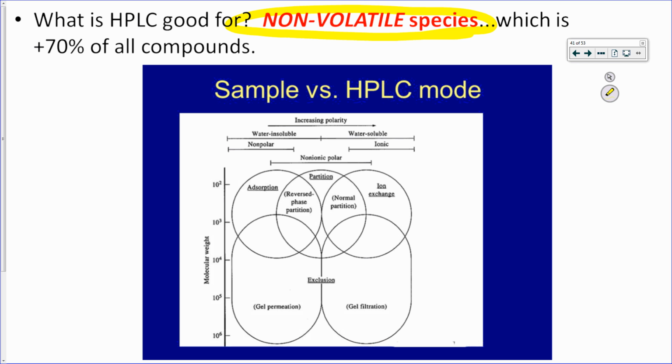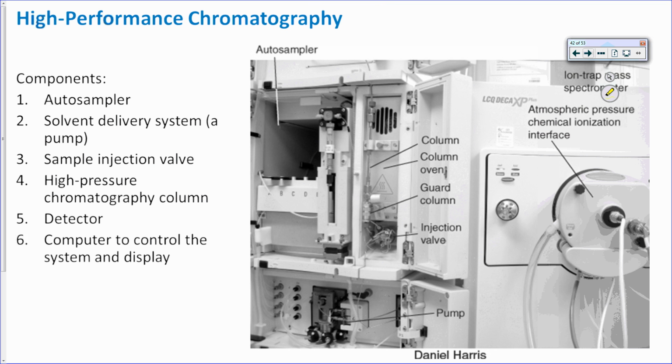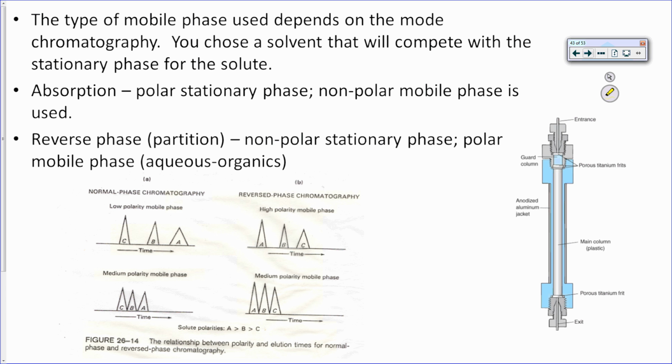We have different modes that we can use: absorption, partitioning, ion exchange, exclusion. These were the 5 modes that I talked about at the start of the chromatography chapter. And I went over the components that you find in an instrument. All right, here's one that's a test question somewhere. So this is a slide to figure out